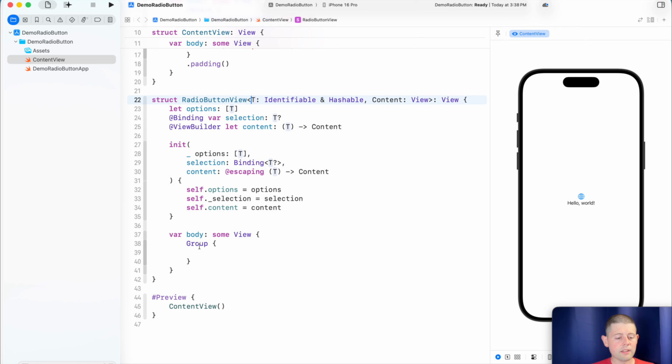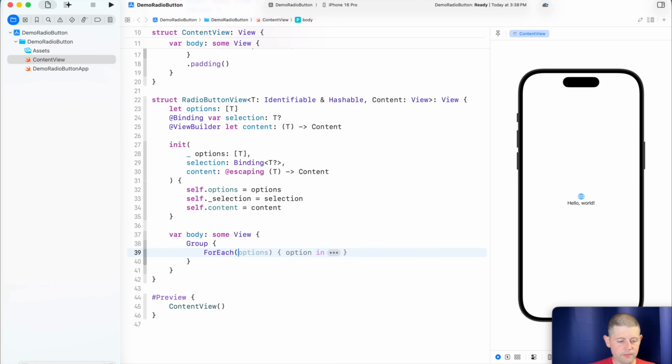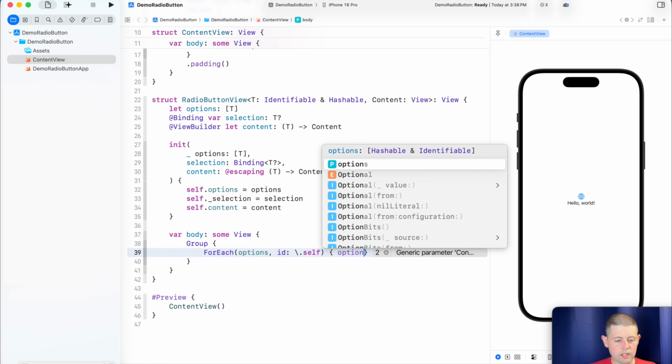And because of that, we're going to wrap our view in a group. So now our next step would be to say for each option, we want the ID to be .self, and we know that it's safe to have this as .self because we've told it that it conforms to both identifiable and hashable. And so then we want to read the option value